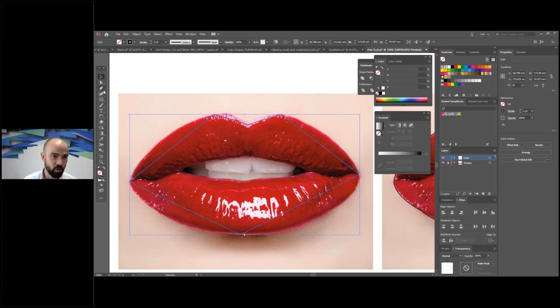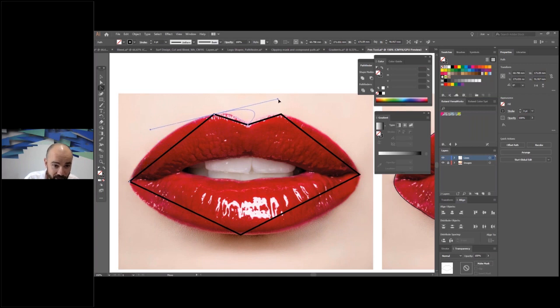And what I'm going to do now is hold down the pen tool and go to the anchor point tool. The shortcut for that one is Shift and C. What I'm going to do is, let's just make this line a bit thicker. Hopefully you guys can see that okay. I'm going to click on each node and I'm going to edit them